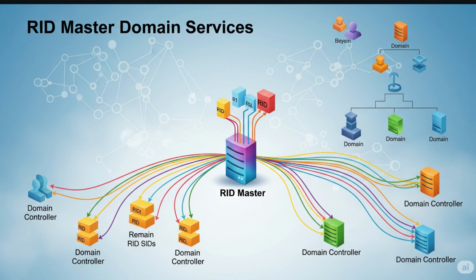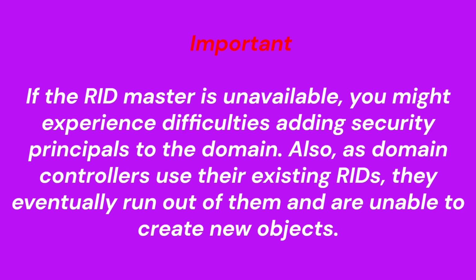To ensure that no 2 domain controllers assign the same SID to 2 different objects, the RID master allocates blocks of RIDs to each domain controller within the domain to use when building SIDs. Important: if the RID master is unavailable, you might experience difficulties adding security principals to the domain. Also, as domain controllers use their existing RIDs, they eventually run out of them and are unable to create new